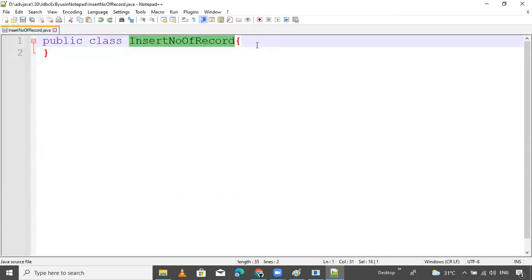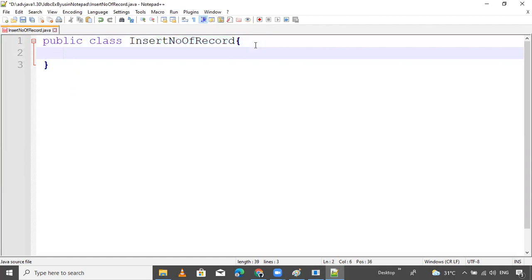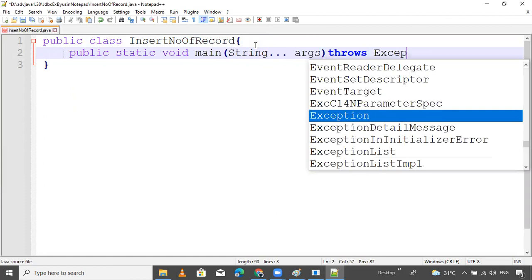Now the class is ready. Create static void main String args throws Exception.